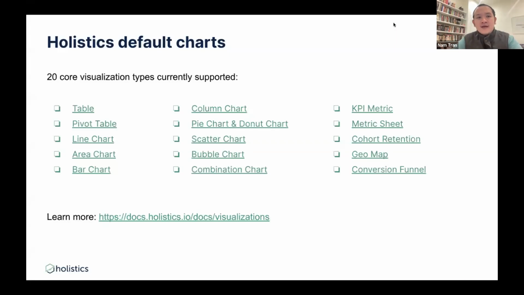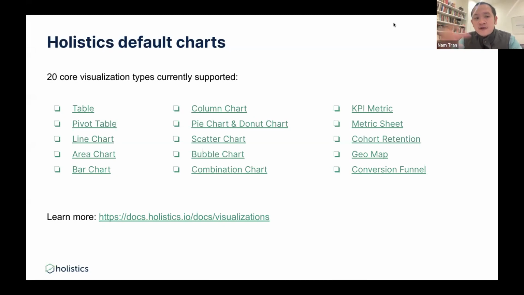So let's step back a little bit, right? With Holistics, we already support 20 core visualizations. These are the ones that we support internally in Holistics.